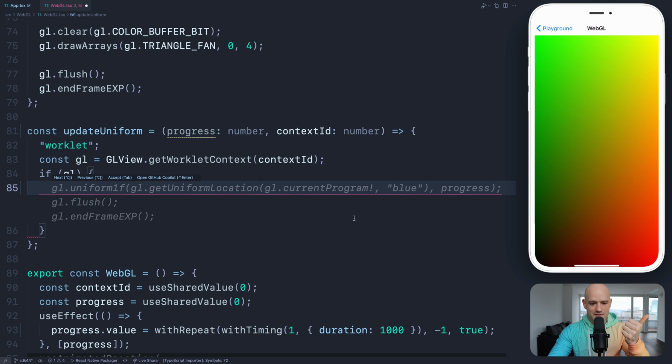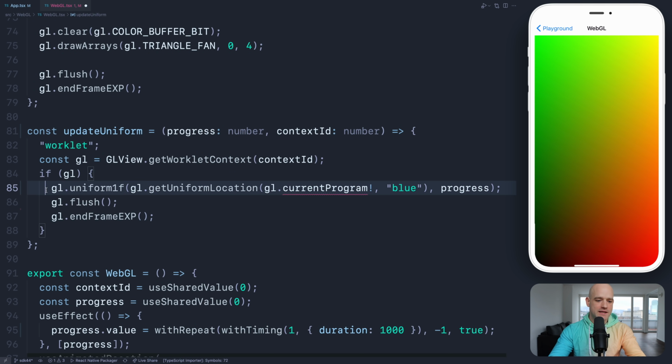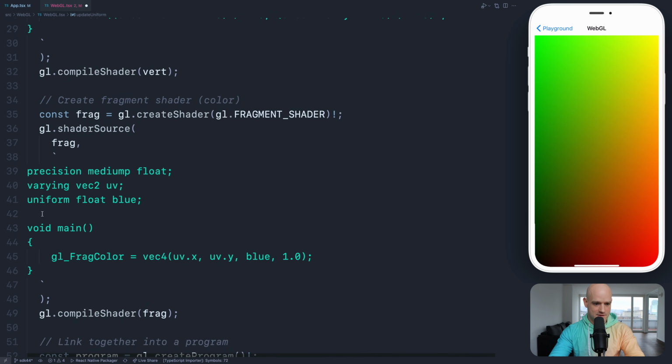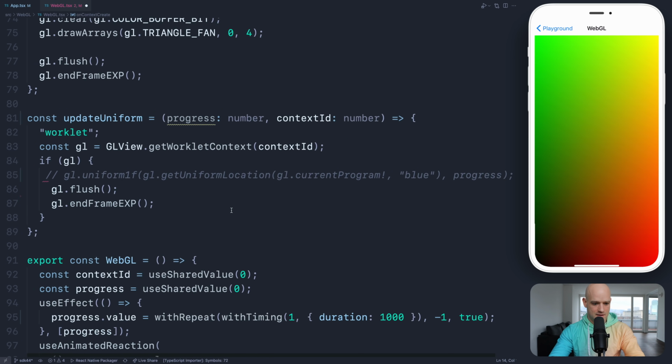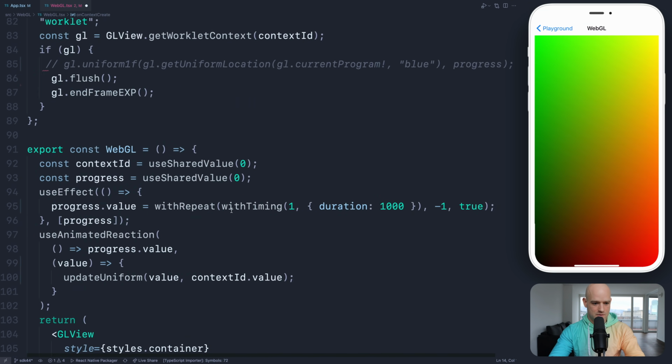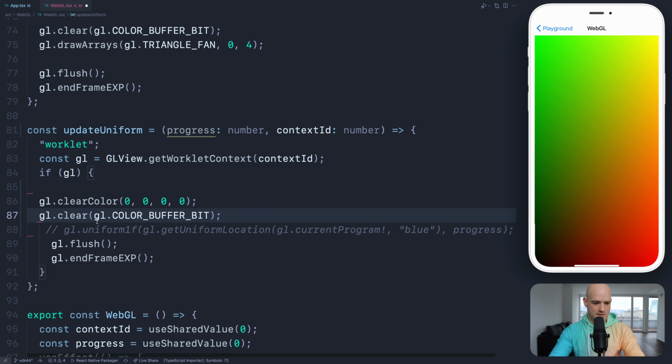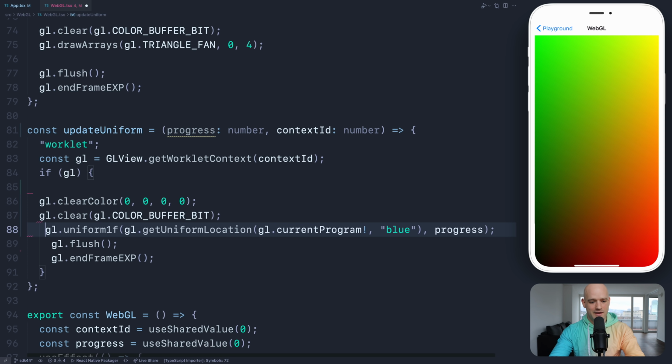So we need, again, Copilot is kind of right in this suggestion. So we need to clear the view, update the uniform, draw, flush, and I think that we should be good. So let's clear first. Yeah, I think I have it here. So we clear and we flush. That's good. We need to update the uniform. So here,